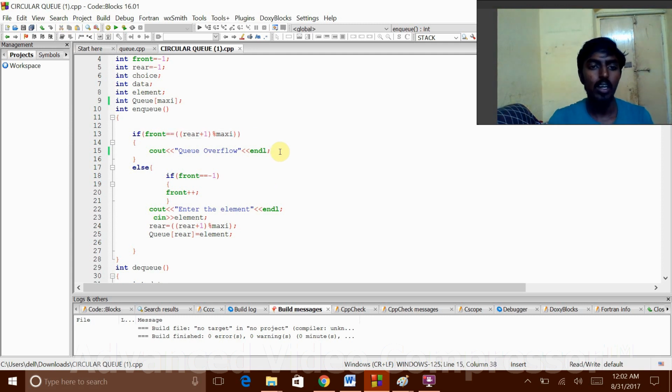If I give this condition, automatically it will check whether the rear element is next, that is below the front, or it is in the max position. And if it is true, it will result in overflow, that is, queue is full. Otherwise, the element will be added in the rear position. If the rear is, as I said earlier, present in the max, and we want to add an element and some of the first indexes are empty, elements will get added into the first index, and the rear will change from the max to 0,